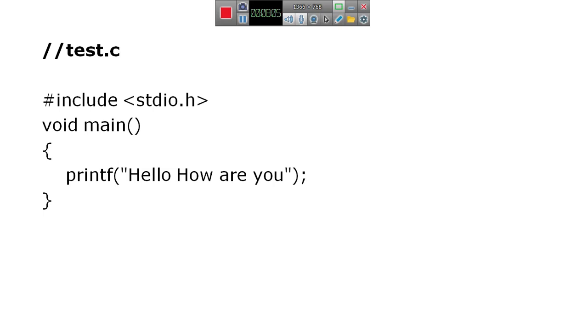So this is a very simple or basic program, or the first program in C language,